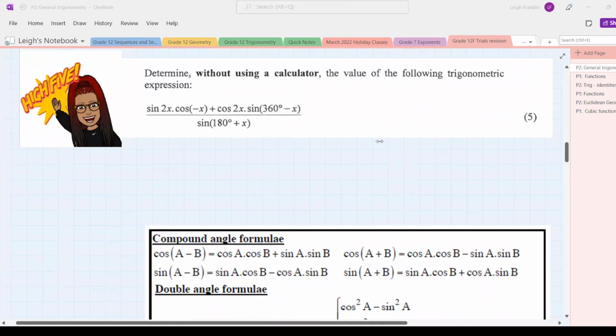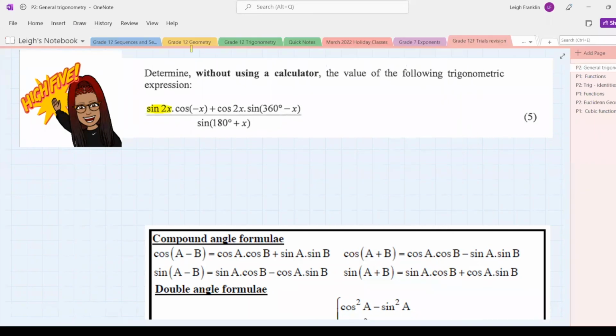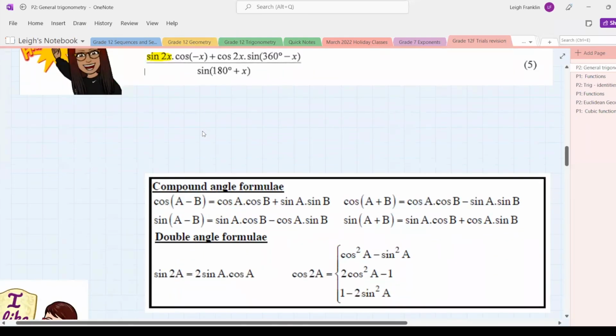So Amanda, what you should have done is this. You recognize this over here is your sine double angle. And the only thing that you can do with your sine double angle is to expand it to this. So we would have written sine 2x as 2 sine x cos x. Cos minus x is grade 11. That's got to reduce to positive cos x because we're working in quadrant 4. Plus,